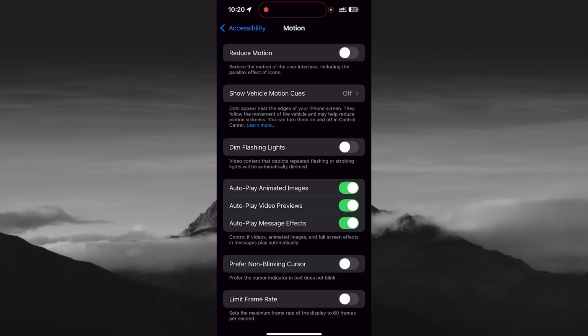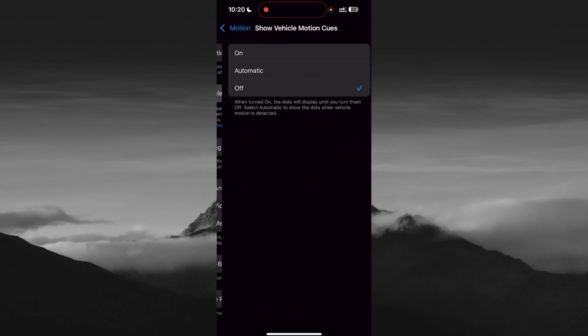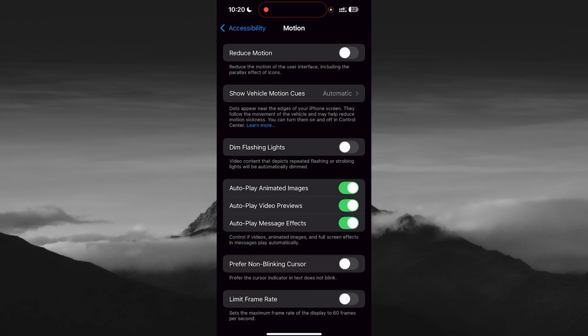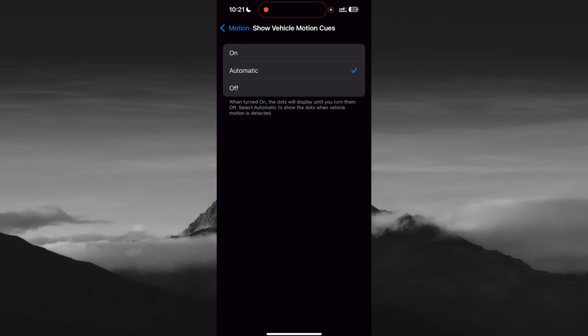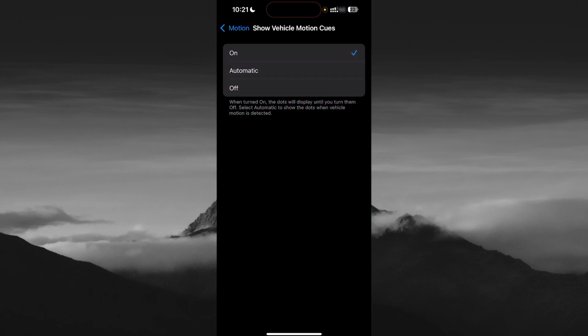Okay, so not that one. You can see there's the option called show vehicle motion cues. You have to click on it, and you have to just turn it on automatic. So whenever the iPhone detects that you are in a car or driving or inside a vehicle, it will just automatically turn on. If you want to turn it on manually, you just click on turn on,